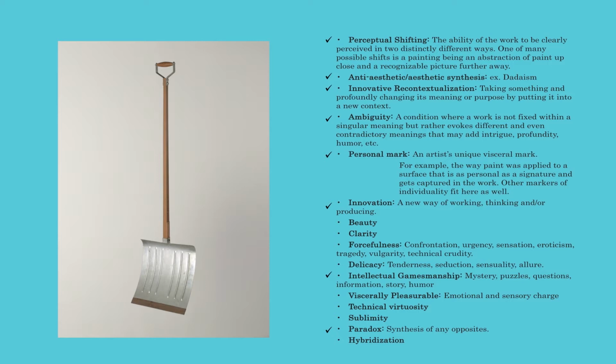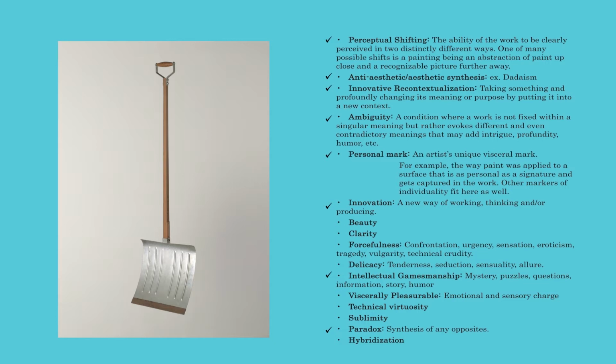There is a perceptual shift in this work because it is perceived in two distinct ways. The first is the most obvious, and that is the object's original intent. It's a snow shovel. We know that immediately. However, it is also an artwork. We know this because it is placed in a formal setting, with the same reverence as the works around it. Thus, there is a constant shift between what is and what it was. This adds to its intensity.